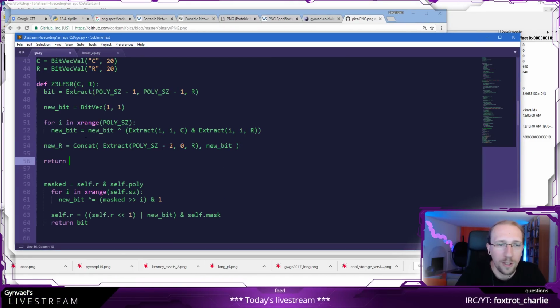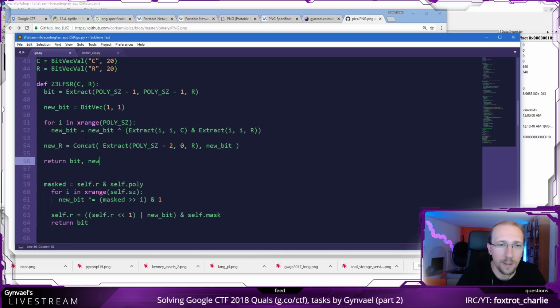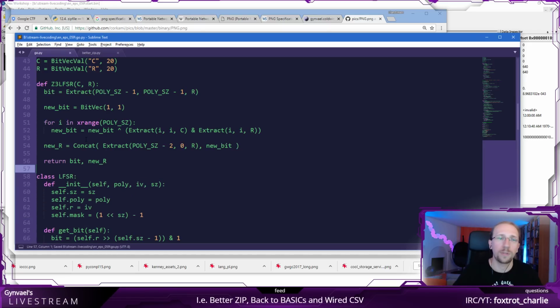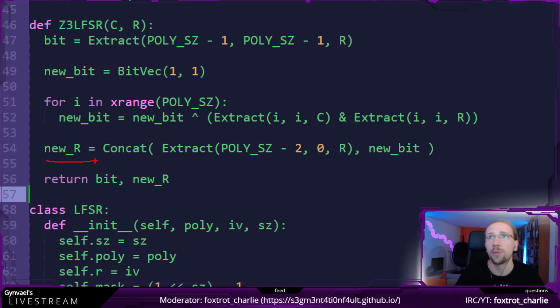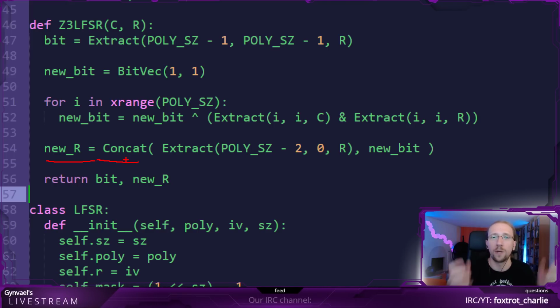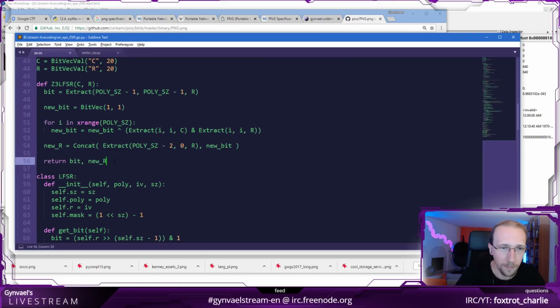I don't care about the new bit, but I do need to return the new register. Why do I need to return the new register? Because again, I'm returning an equation, a mathematical expression, and not a value. So I cannot change it in place, I have to wrap the equations around each other.